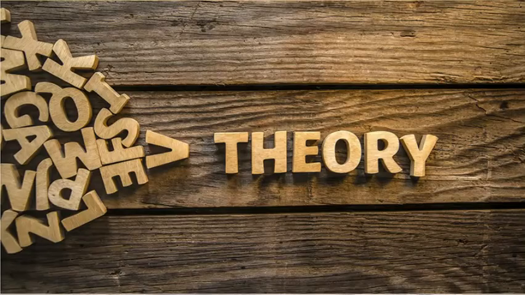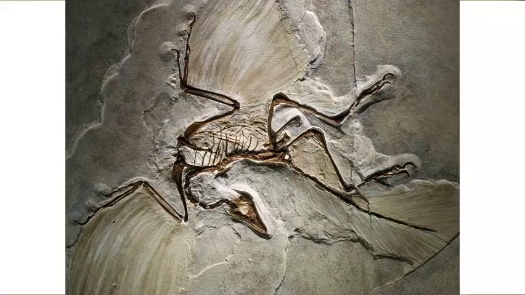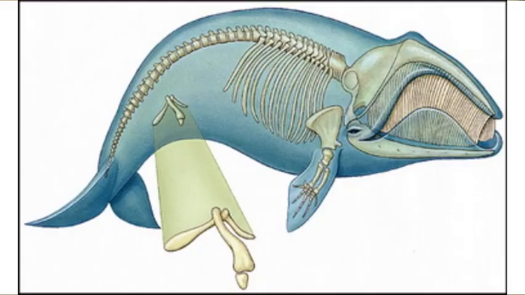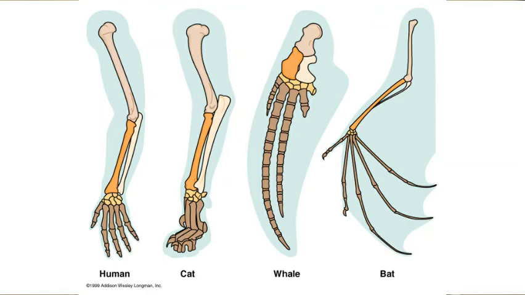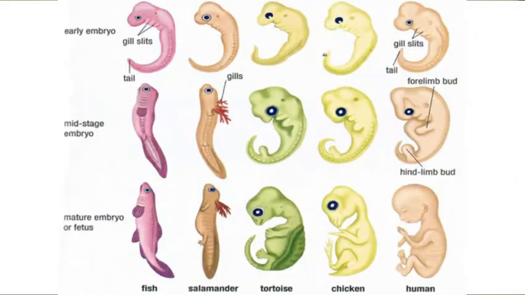So just to sum everything up, evolution is a scientific theory that states that all living things share a common ancestor, and that species diversify and change over millions and millions of years. The evidence that we have to show that evolution happened is fossil evidence, with transitional fossils included, anatomical evidence, specifically vestigial structures and homologous structures. We also have biogeographical evidence looking at where species are placed to tell us about their evolution, embryology, and finally,